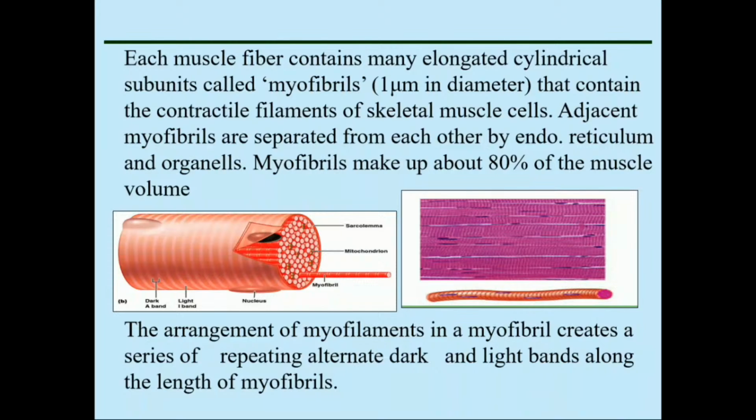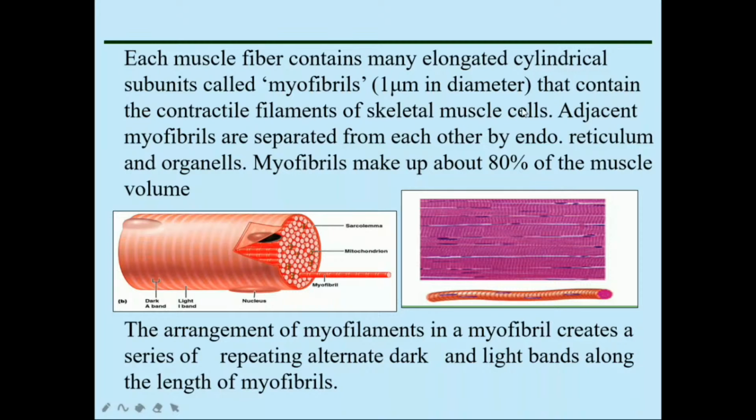Each muscle fiber contains many elongated cylindrical subunits called myofibrils. Now this is a cross section of a single skeletal muscle cell, and you can see the nucleus here as well as here, and then in the transverse section you can see there are many cylindrical units, and these cylindrical units are called myofibrils, and they are about 1 micron in diameter. So the diameter of each myofibril is around 1 micrometer, and these myofibrils contain the contractile filaments of the skeletal